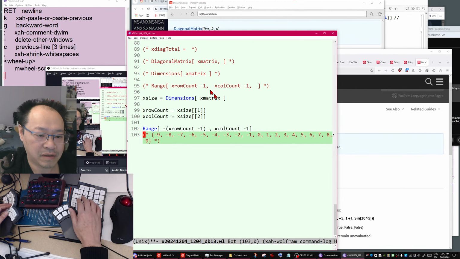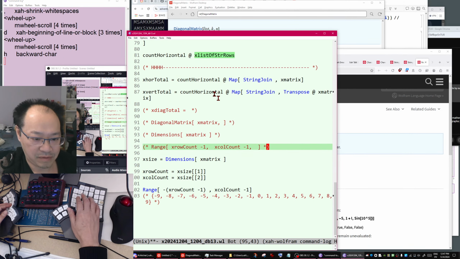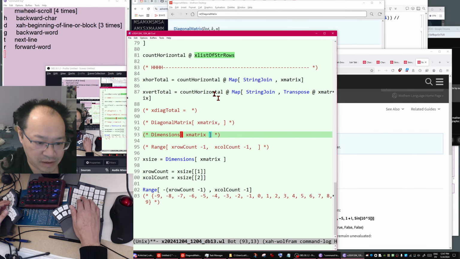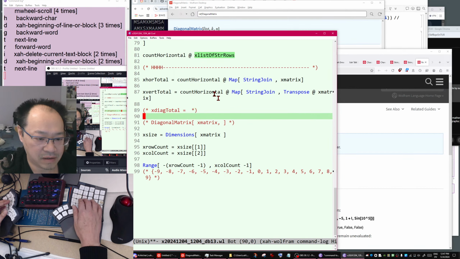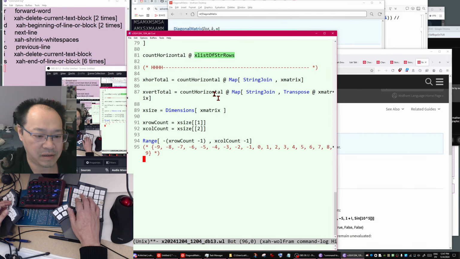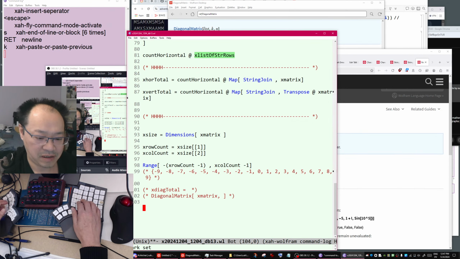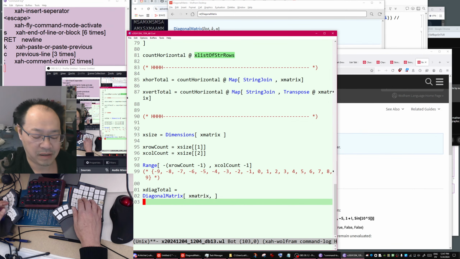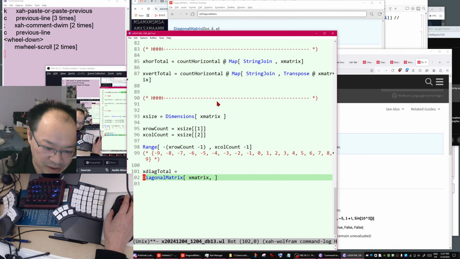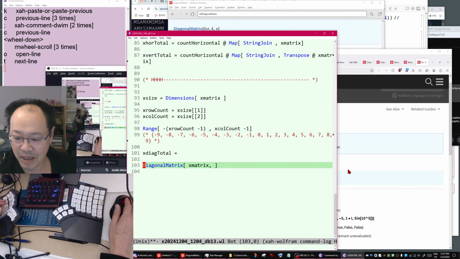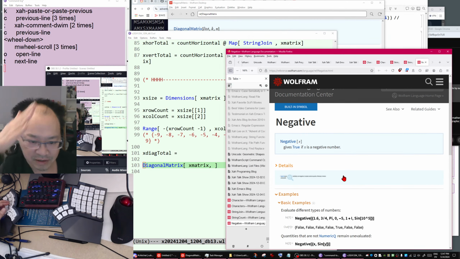Now, so what are we doing? We are doing the diagonal part. So the diagonal part, let's do it here. Vertical and horizontal is easy. Here's the diagonal part. So for the diagonal part, we need to get the diagonal matrix, but each time it just takes 1.